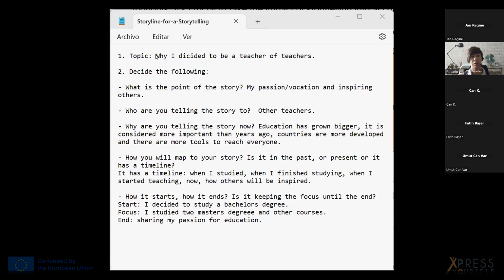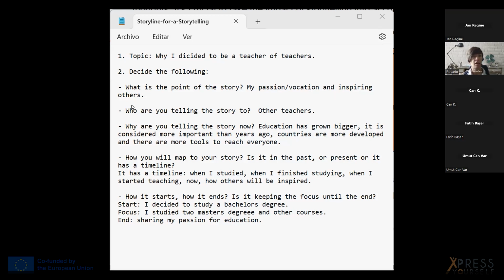So the topic for my storytelling is going to be why I decided to be a teacher of teachers, or an instructor of people who share the knowledge somehow. So then when we are talking about the right message, you have to answer those few questions. So I am deciding what is the point of the story. So the point in my story will be my passion or vocation for teaching and inspiring others.